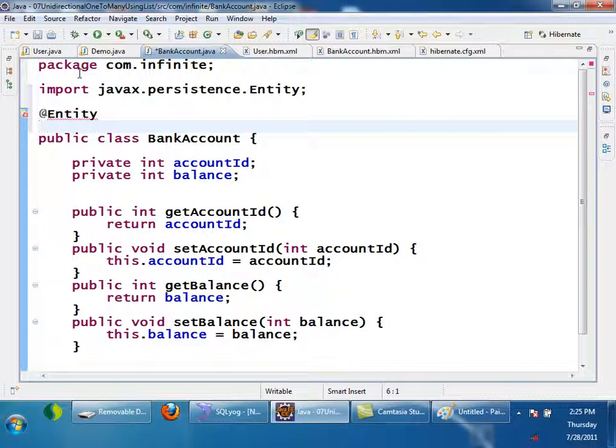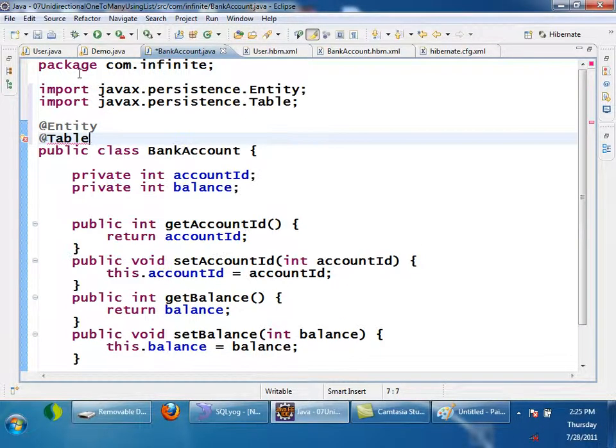and I want to give a different table name. Table name is equal to annotation_bank_account_unidirectional_one_to_many.